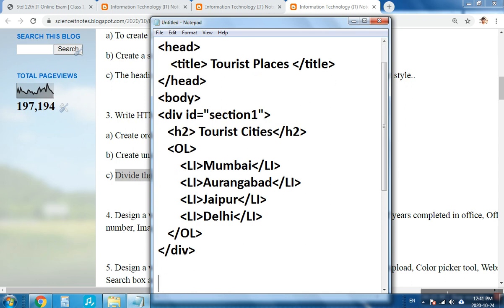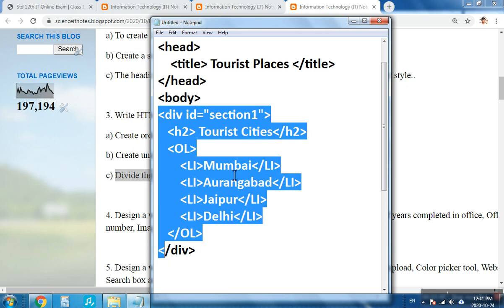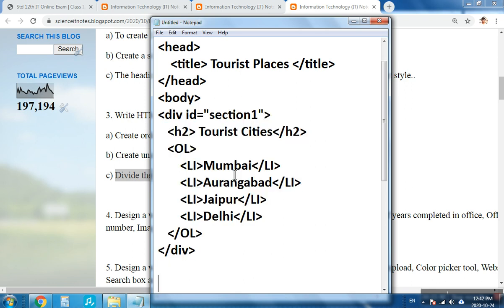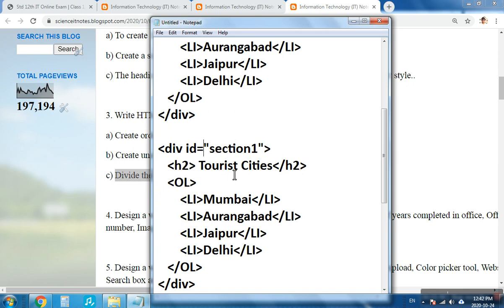In the same way, I'll be creating an unordered list for the tourist places. So I'll just copy this, and I'll rename this second div tag as section 2, and tourist places will be our heading.